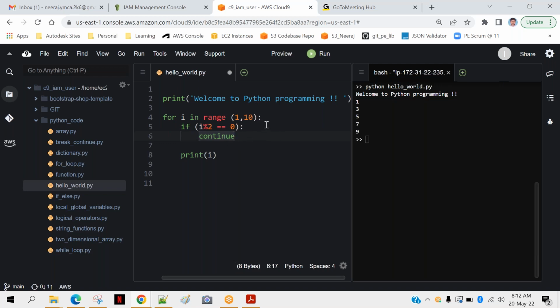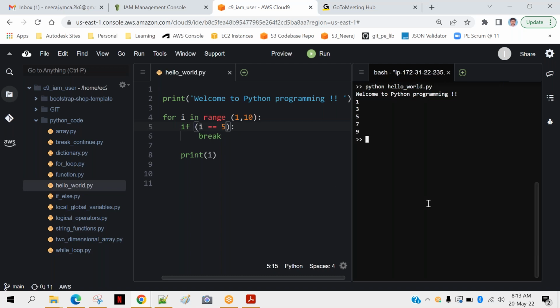So I will put a break condition here. Instead of continue, I will make it break, and I will put some other condition. I will say I is equal to 5. That means I'm looking for something. As soon as I find that, after that I don't want to continue my for loop. So 1 will come, it will see that 1 is not equal to 5, it will not break, it will print 1, then 2, 3, 4, and once 5 comes, it will break. And after that 6 7 8 9 will never happen, because the for loop is finished now.